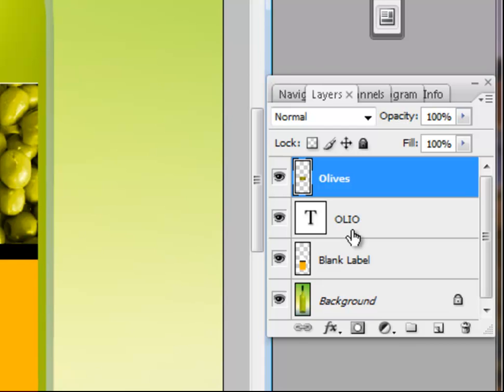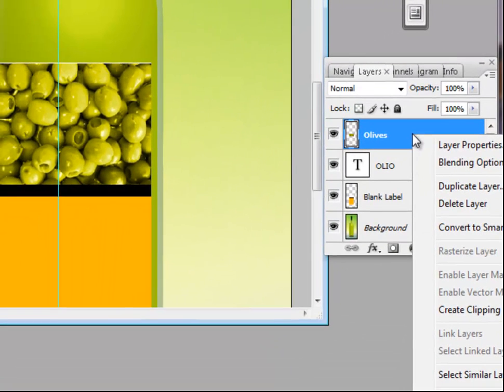A couple of things here. Obviously, use a big enough text and a thick enough text where you could see the olives. If I was using a very thin text, it wouldn't work out too well. So I used that Myriad Pro, which is a thick text. And then the second thing you want to worry about is to make sure the olives layer is above the layer that you want the olives to show through. The minute I've got that, I've got the olives layer and the Oleo text layer. So I right click on the olives layer and I say create clipping mask, and